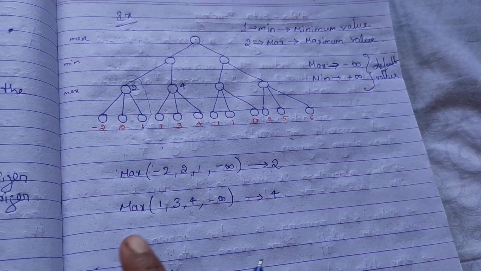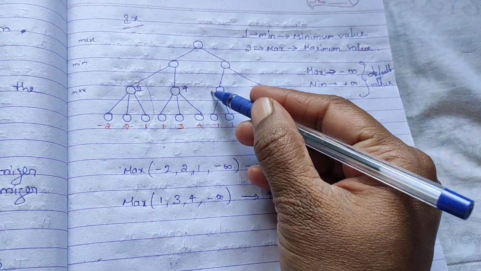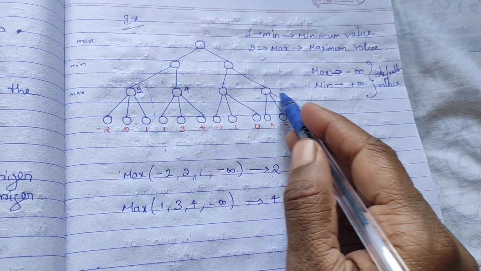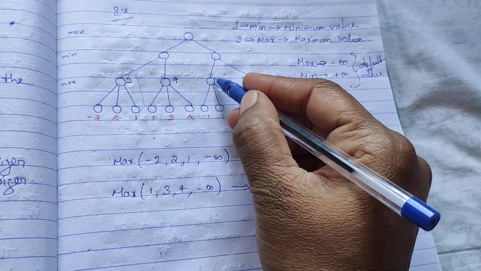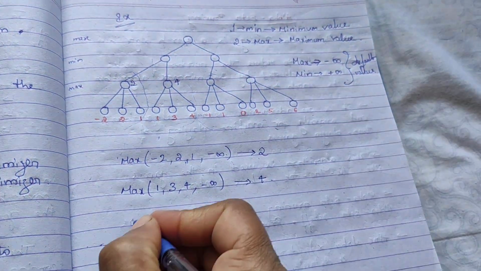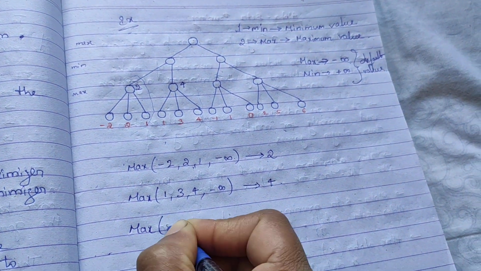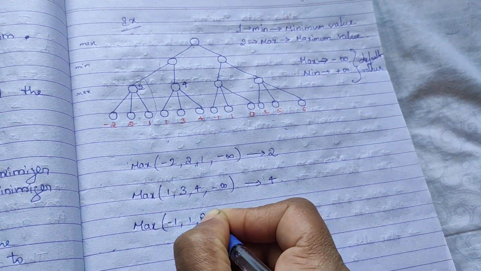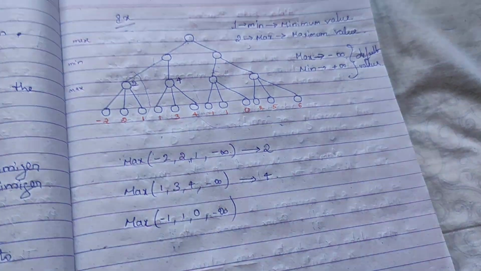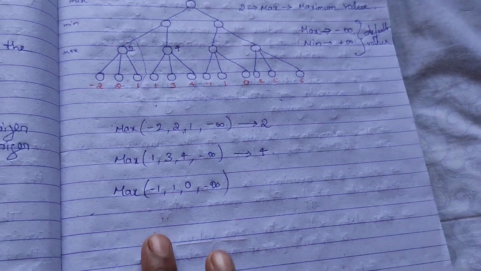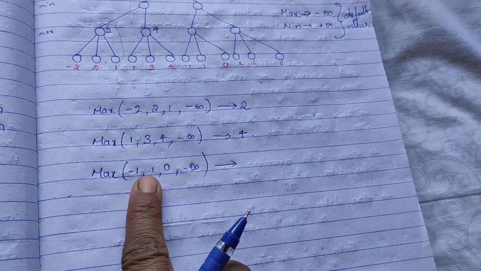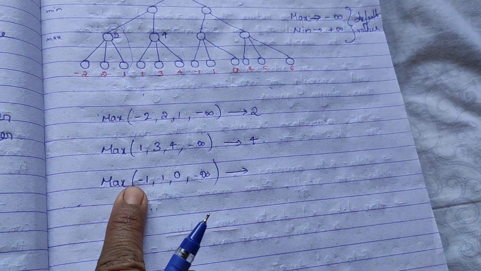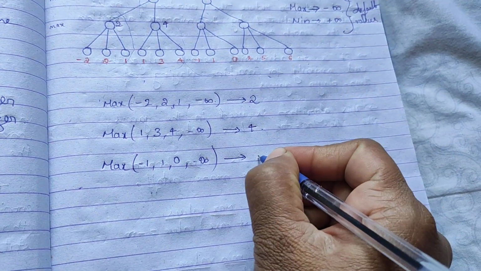Understanding the concept? Next, maximum value. This complete level we have to trace for a maximum only. Here, maximum for minus 1, 1, 0, minus infinity. Minus infinity is a default value which we have to consider. So which is the maximum in minus 1, 1, 0, minus infinity? 1 is